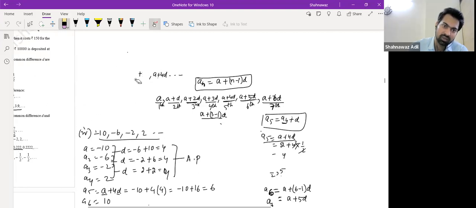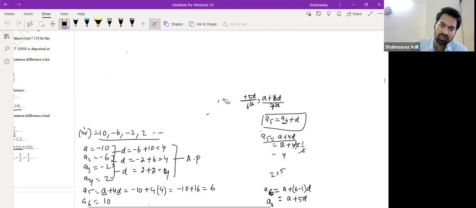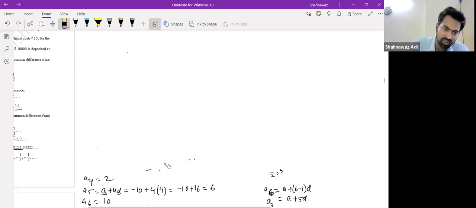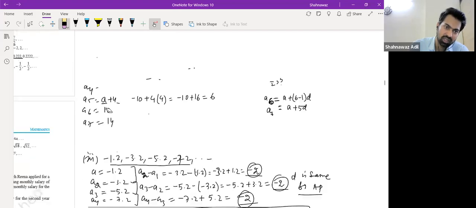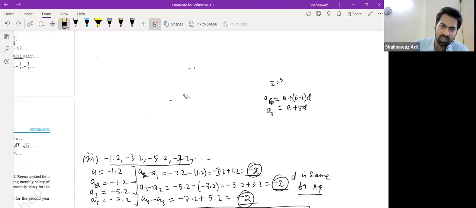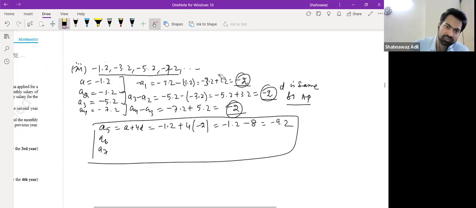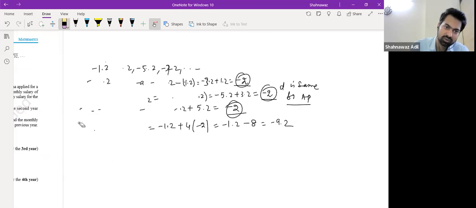We know two things about this arithmetic progression. One thing is that the common difference is the same when we subtract the successive terms from the predecessor one, so the D remains the same in an arithmetic progression. And the general term is an, which is a plus n minus 1 times d. Right, guys? So only this part we need to remember, and the rest are dependent upon this. Right, guys? Yes. Okay, so